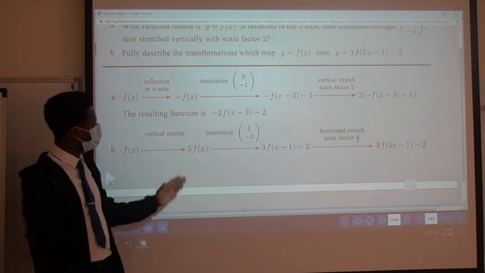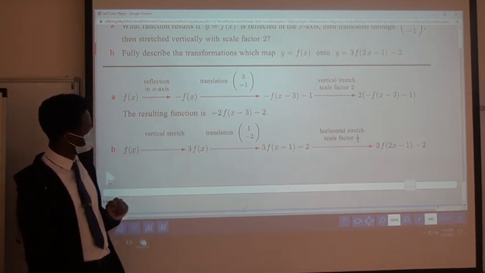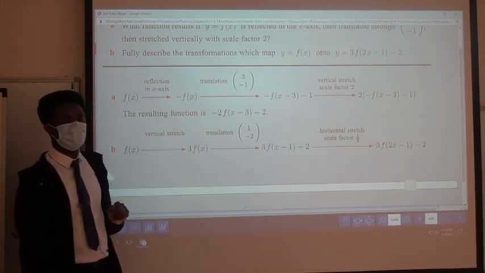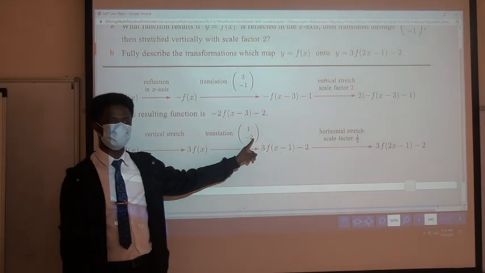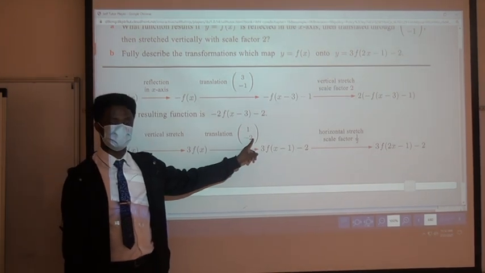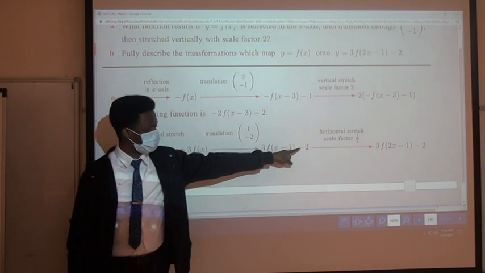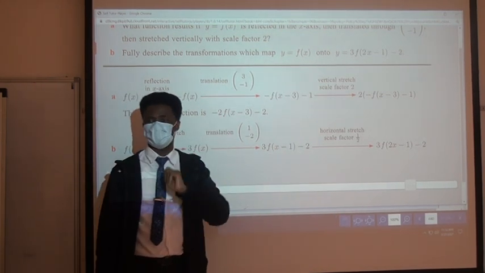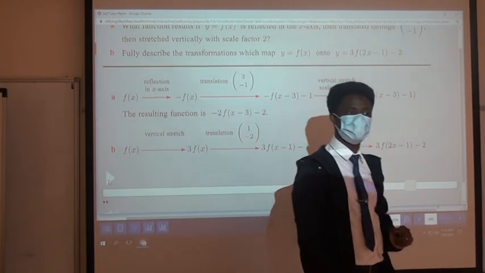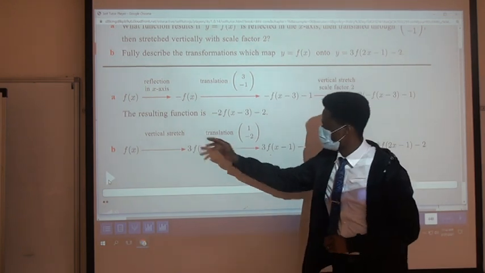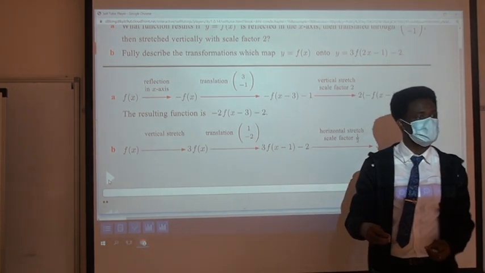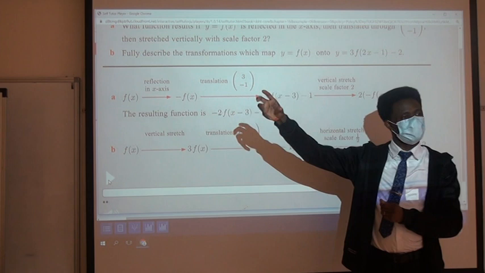Meaning, we could do our translation, but it won't be by the same vector. Do you understand? For you to get your -2 back, it will never be by the same vector. So if you do your translation before you stretch, and you want it to be in the same point, remember,